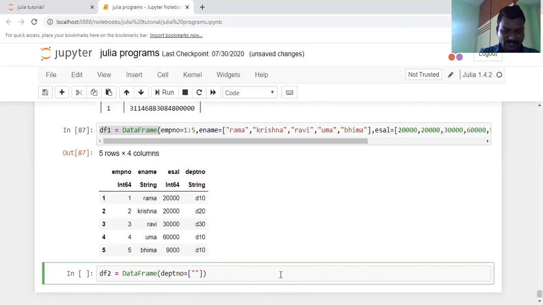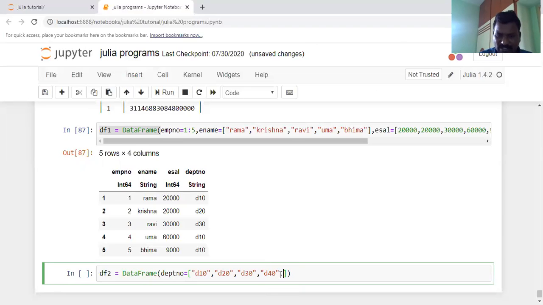You may write department 10 here, comma, another one is department 20, another one is department 30. Let us take a string value, department 30. Another one is department 40. Let us take it simple enough: department 10, department 20, department 30, department 40. Four departments are there.